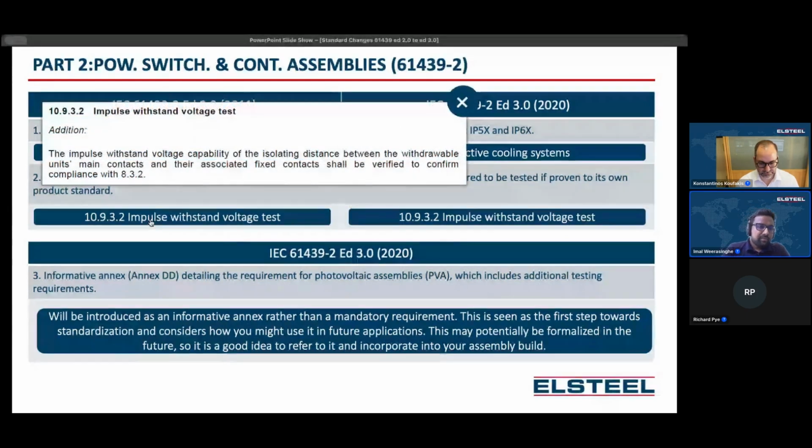Previously, when you were carrying out an impulse withstand voltage test, a breaker has three positions: connected, disconnected, and isolation. So if you are using a withdrawable breaker, we had to take it into the disconnected position, and we had to carry out the impulse withstand voltage test even in the disconnected position. If you click on the second link,